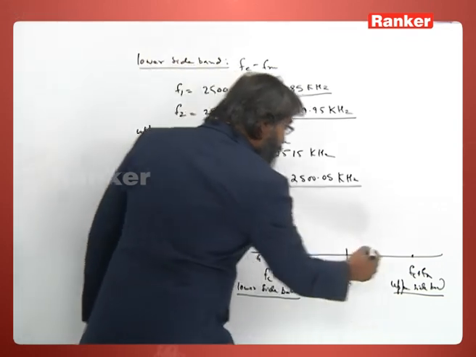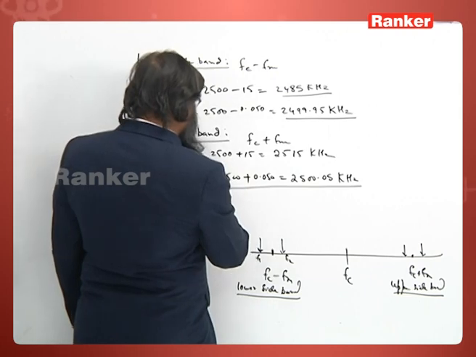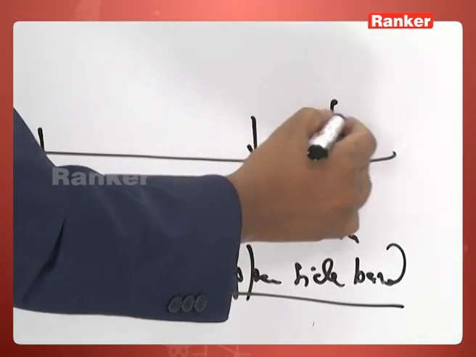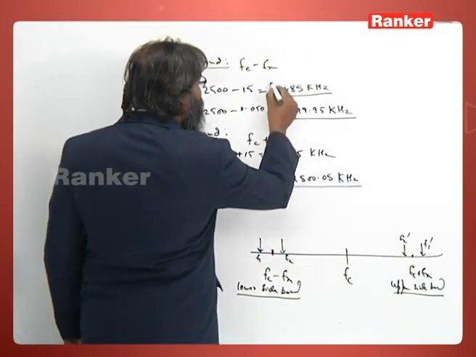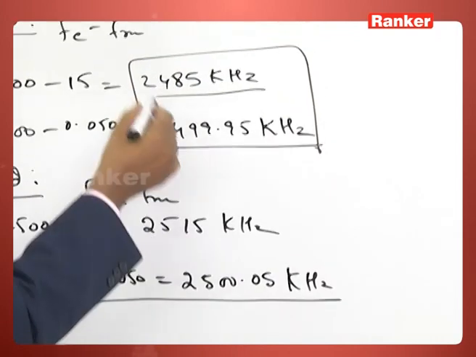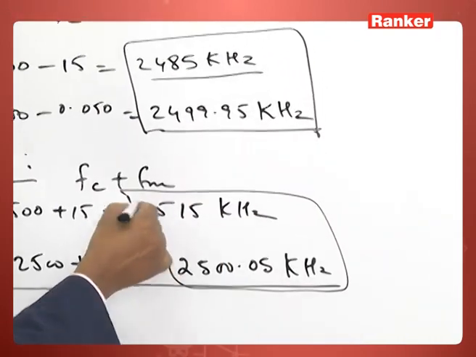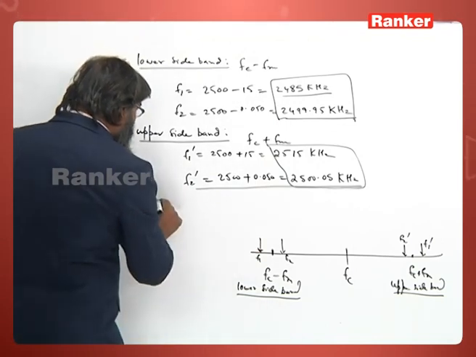So here F1, and here again you will get F1 dash and F2 dash. So these are the lower side bands. The lower side band will vary within this range, and the upper side band will vary within this frequency range. So the bandwidth requirement